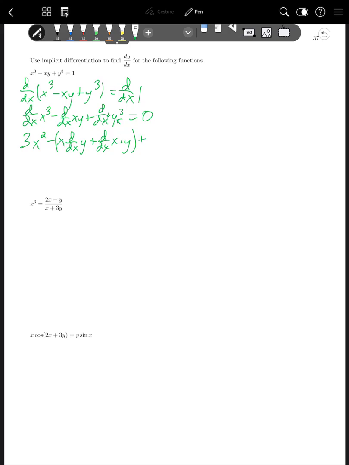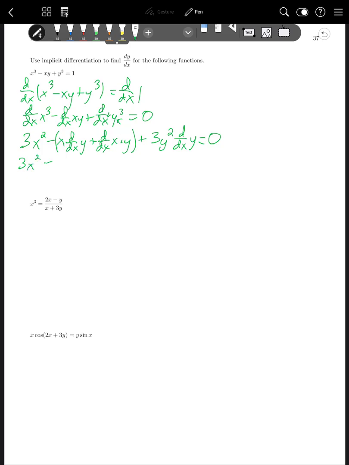So the derivative of y cubed is 3y squared, and then I still have the derivative of y with respect to x. Okay, so that's using the chain rule. Because these variables don't match up, I have to use the chain rule to find the derivative of the function, and then I'm going to deal with this y. So then we get 3x squared